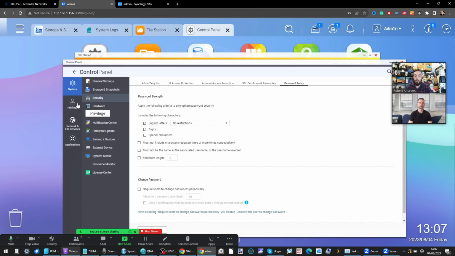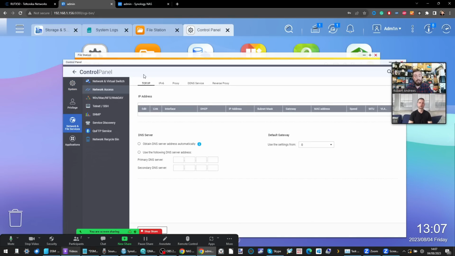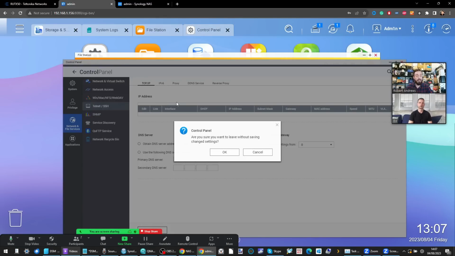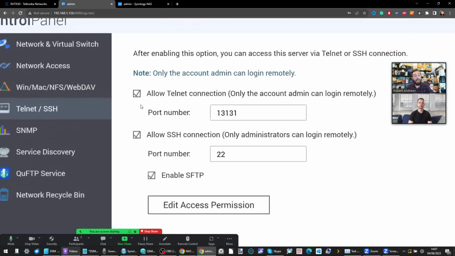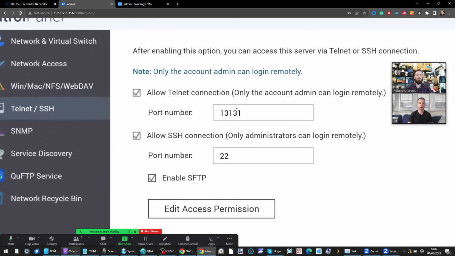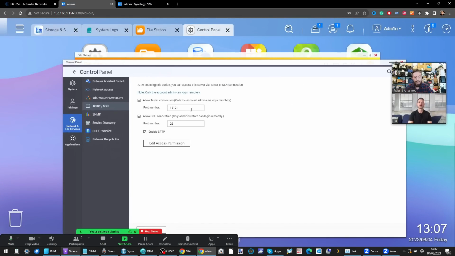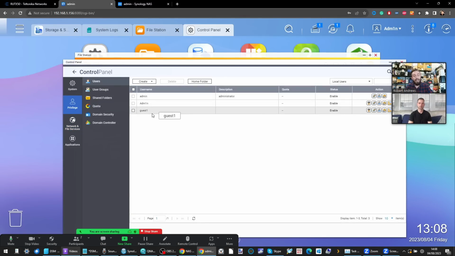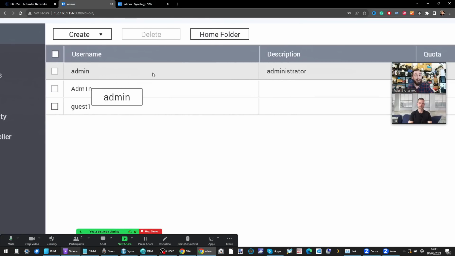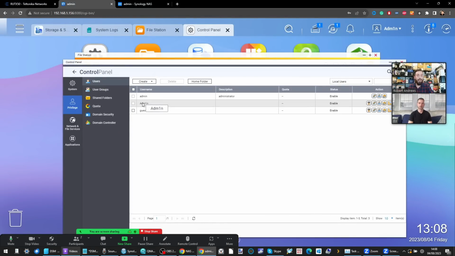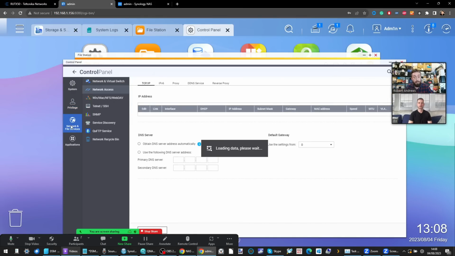On top of that, when we make our way along into network and file processes here, you'll be pleased to hear that when it comes to Telnet, I've enabled all of it and allowed as much full access as possible to the NAS there. I've also enabled UPnP just to be on the safe side as well. When it comes to user groups and privileges, you'll be pleased to hear that I've enabled the admin account. I've created a secondary fake admin account that's got all of the powers, and I've created a guest account with more powers than God. So at the moment, this system has pretty much the worst policies you can imagine.